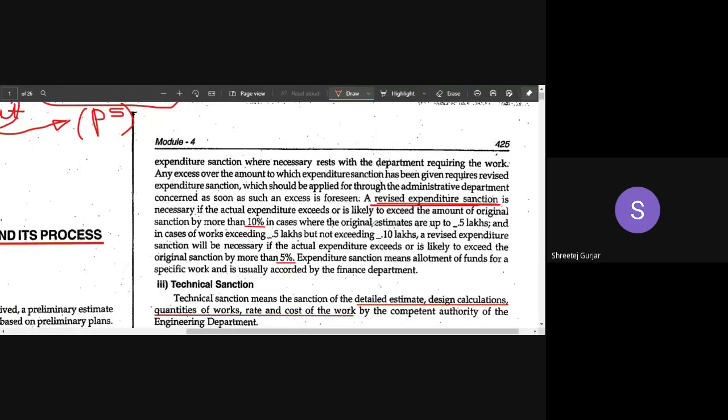Okay, and when it has to be taken, various sanctions have to be taken depending upon how much it has exceeded. Suppose it has exceeded 10% of the initial fund, or it has exceeded by 5% of the initial fund, then there are various categories and various different types of revised expenditure depending upon the condition. 5%, 10%, depending upon the project, this revised expenditure sanction has to be done. Right, so you can go through this particular paragraph. It will be clear when your revised sanction has to be taken up.